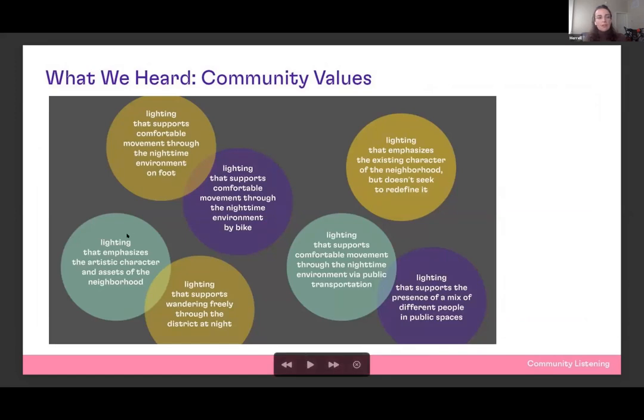So we identified 14 values through that process, and I'll just read them through for you now. Lighting that emphasizes the artistic character of the neighborhood, lighting that supports comfortable movement through the nighttime environment, on foot, by bike, and by public transportation, lighting that supports wandering freely through the district at night, lighting that emphasizes the existing character of the neighborhood but doesn't seek to redefine it, lighting that supports the presence of a mix of different people in public spaces,